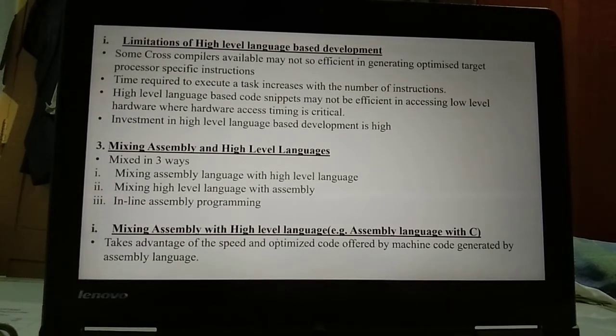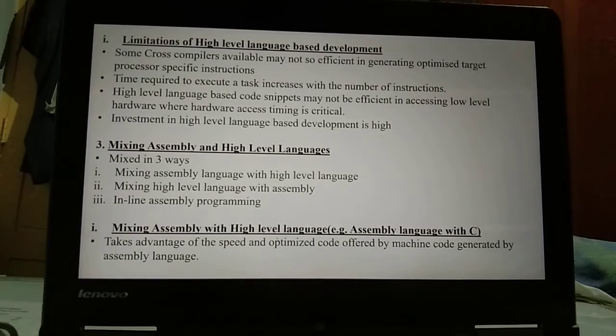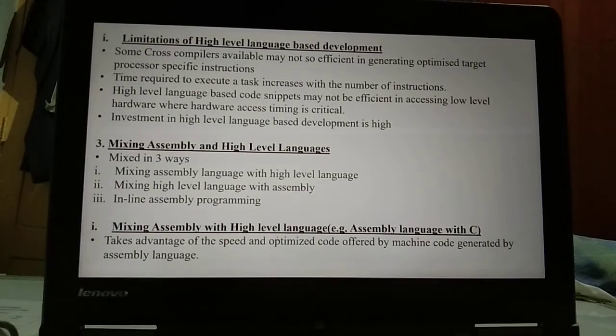Time required to execute a task increases with the number of instructions, and we use optimized techniques to improve the code size and performance. High-level language-based code is not so efficient in accessing low-level hardware, whereas hardware access timing is critical, that is in terms of microseconds and nanoseconds.